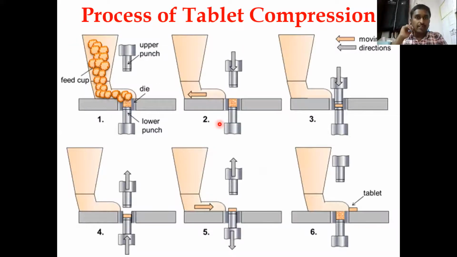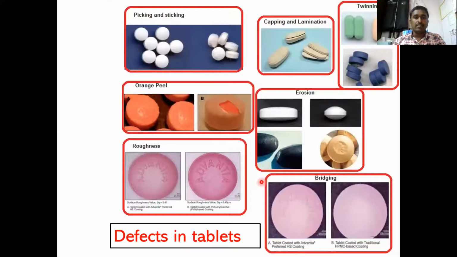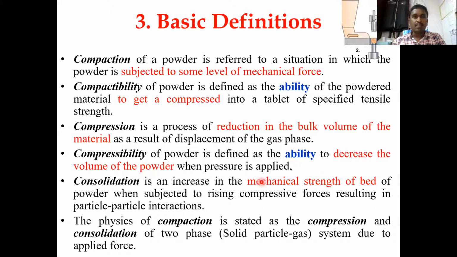In yesterday's class, we discussed the Heckel's plot, and I also said that before seeing the Heckel's plot, we should have prior knowledge of the compression of the tablet and the various defects that occur during the tablet compression process. We discussed this process of tablet compression, starting with the filling of the die with the granules or the powders, followed by the upper punch compression, then the lower punch ejection. We also saw the various defects associated with tableting formulation and the end product, and the reasons behind them in the next slides.